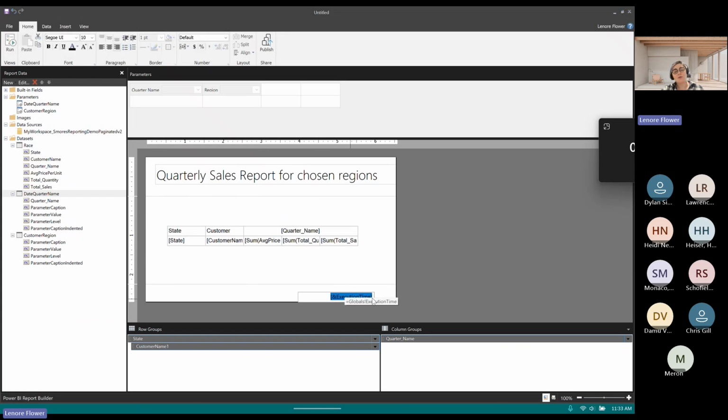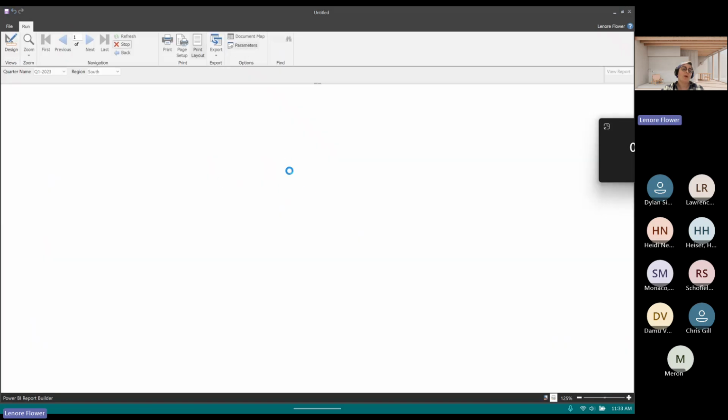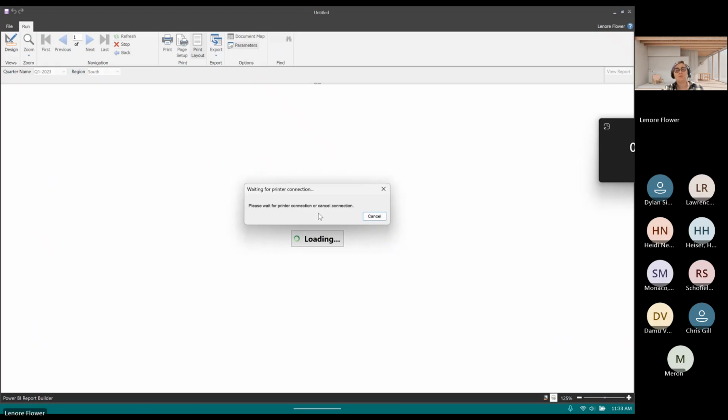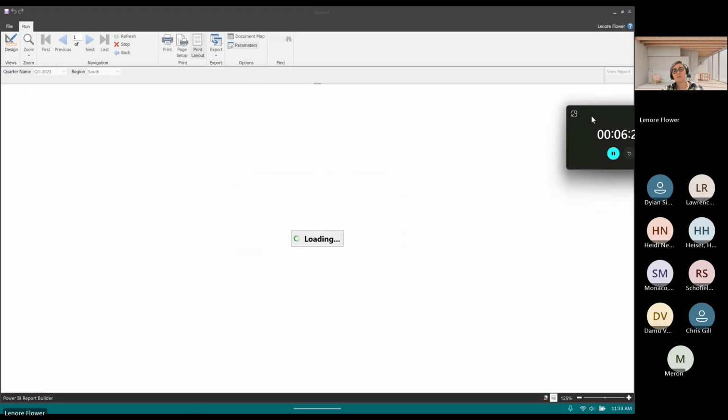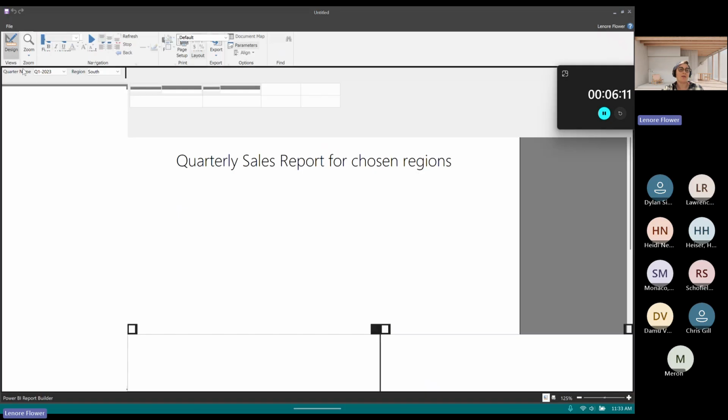Similarly, execution time is the time that the report was printed out. That will show up by default every single time that you open a basic report, and that's in the footer. But if we go to built-in fields, we know that we want a page number. We can drag that into the footer, and that will give us the page number as well. And when we go to run it, here's a report in its misformatted glory. You can see that we have the time that it was done and the page number showing up on each page, as well as the report header.